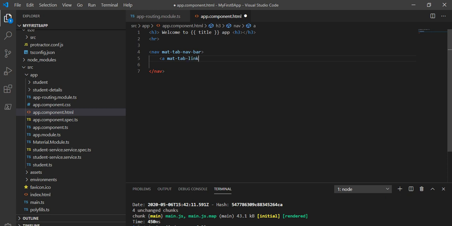So basically this tab will be the Angular Material type of tab, which we have explained and learned in the previous Angular 8 tutorial series.